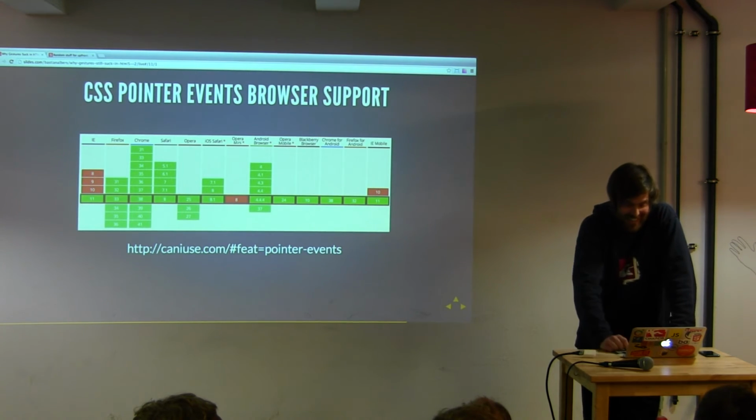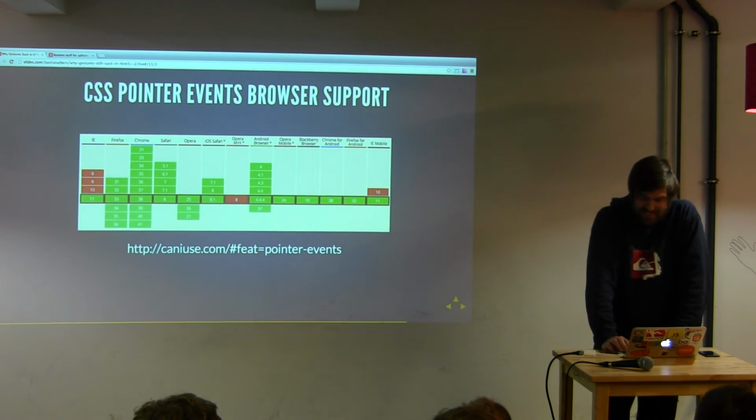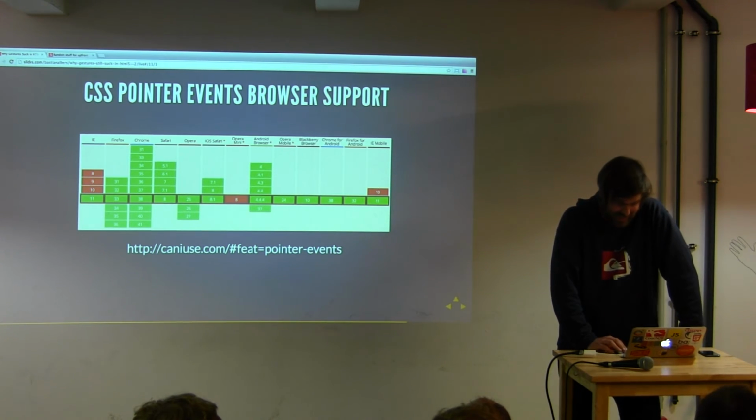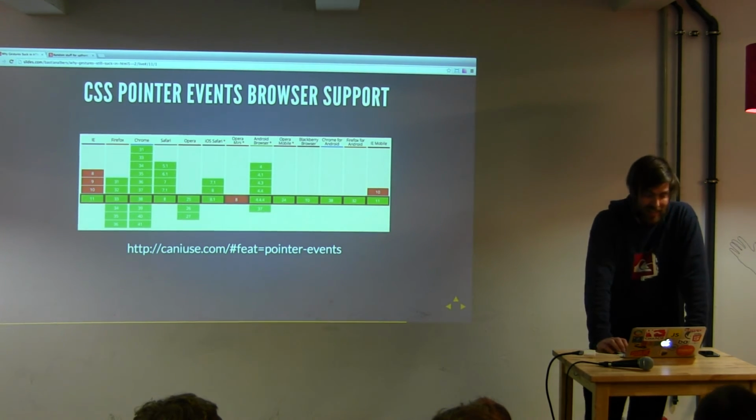like you see here, right? It's kind of funny. And we're still not done with the pointer events API. So much in there. Now